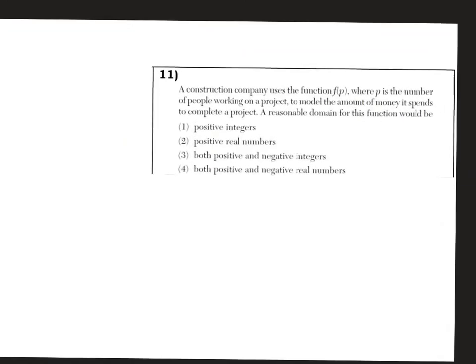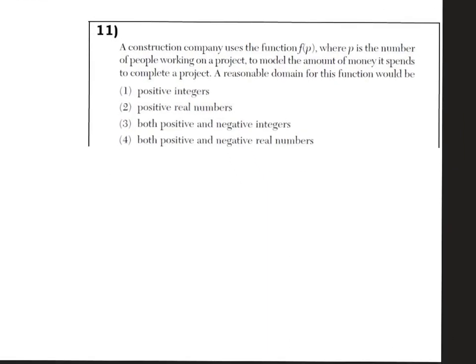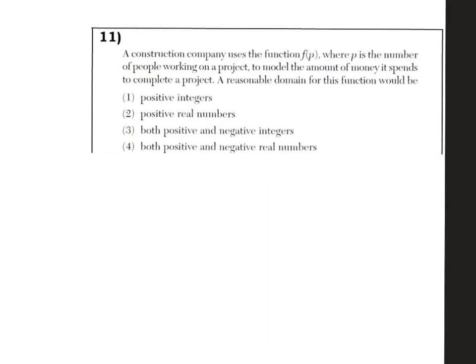Let's try this out. A construction company uses the function f of p, where p is the number of people working on a project, to model the amount of money it spends to complete a project. A reasonable domain for this function would be, right? And so once again, they're asking for a reasonable domain. If I look in this function, my domain is going to be p, that value inside the parentheses. And we know that p is the number of people working on a project, okay? So when we think of number of people, right, people,